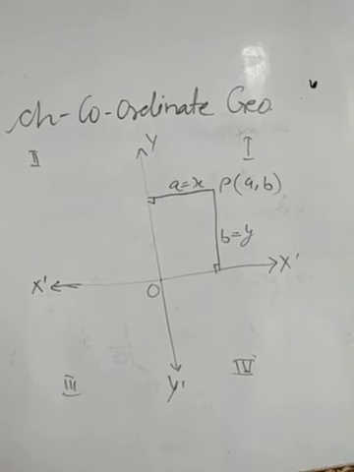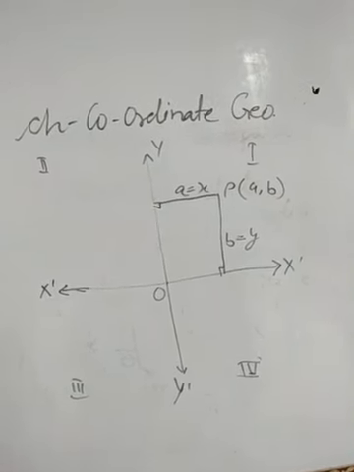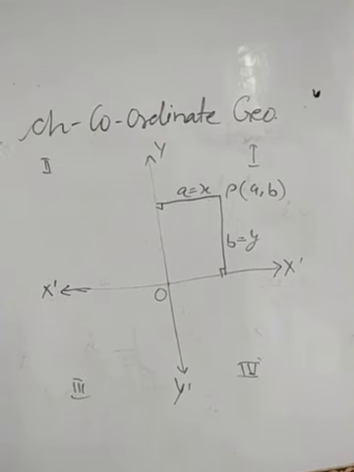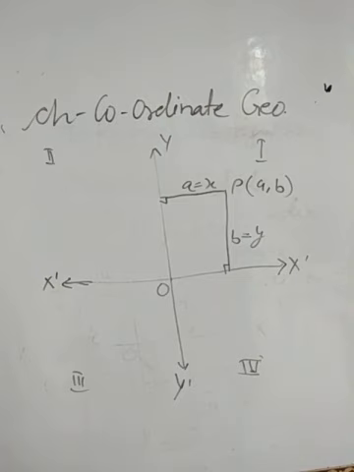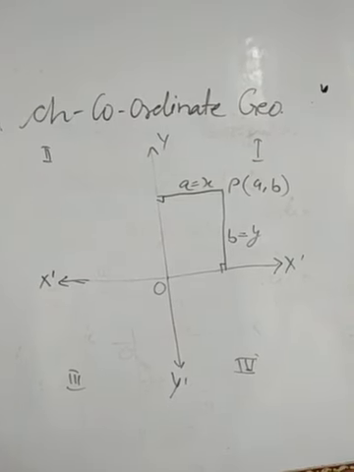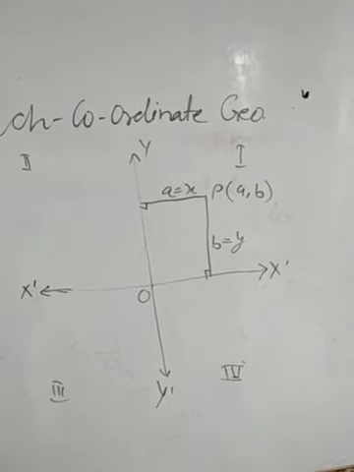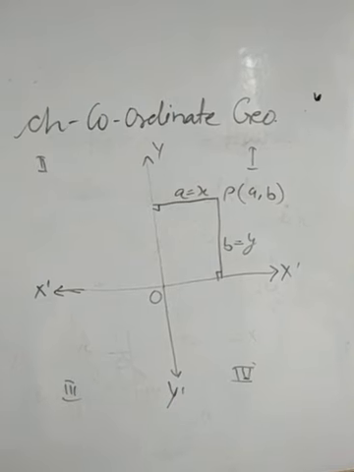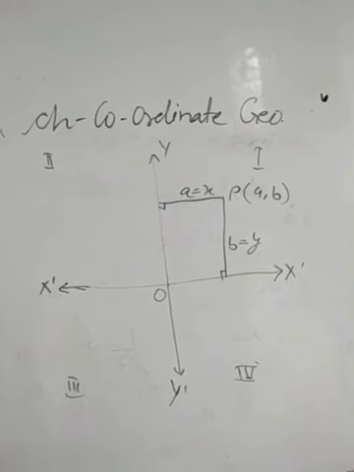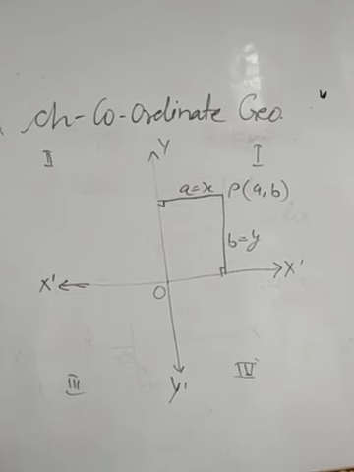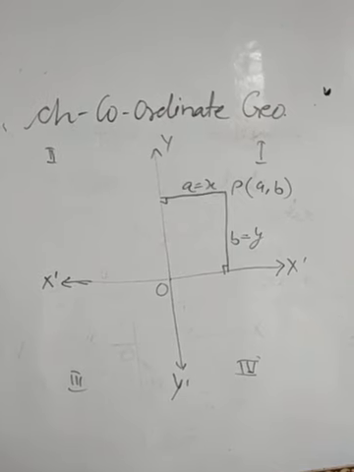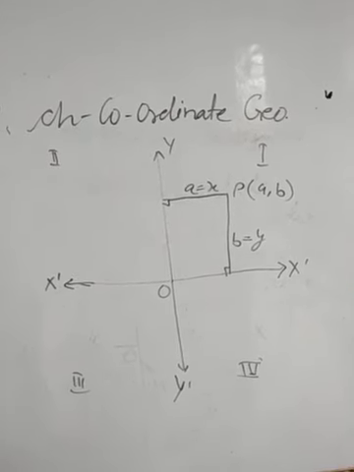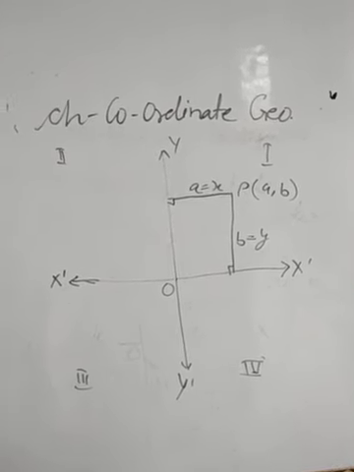If points are lying in quadrants 1, 2, 3 or 4, maybe some points are lying on the x-axis and some on the y-axis. At that time you have to remember one thing: on the x-axis y should be 0 and on the y-axis x will be 0. Again I am repeating, on the x-axis y is 0 and on the y-axis x is 0. In detail we will understand this in the next module.